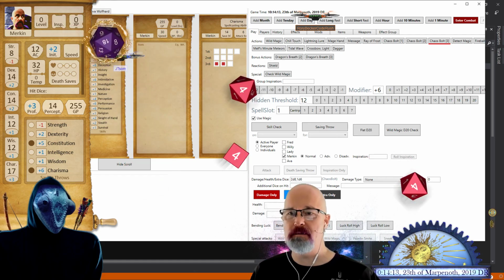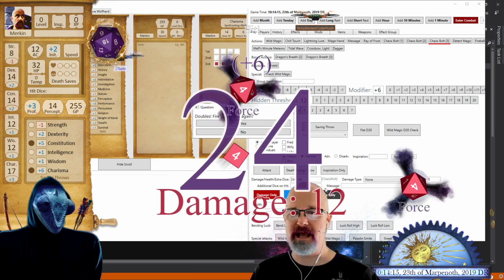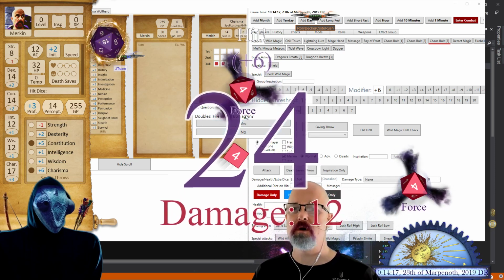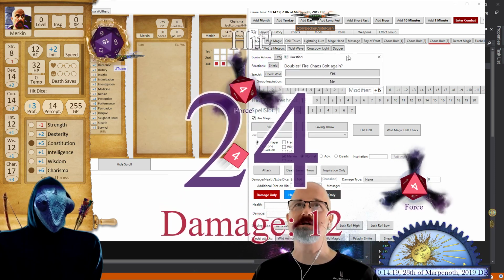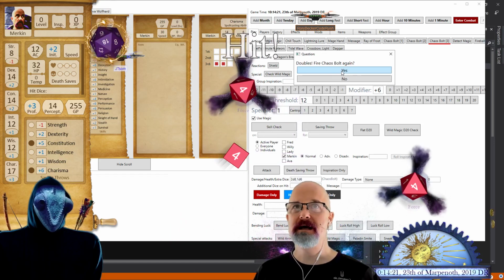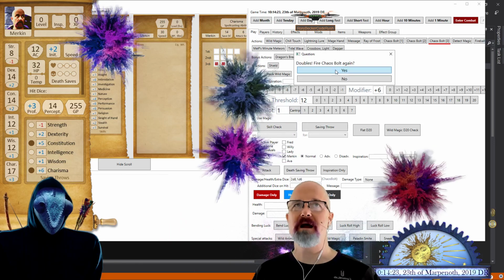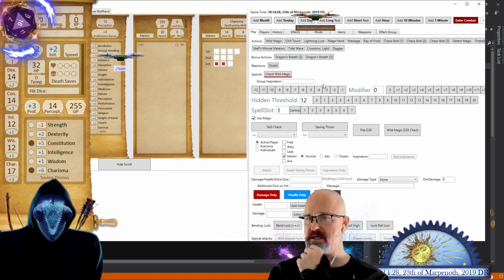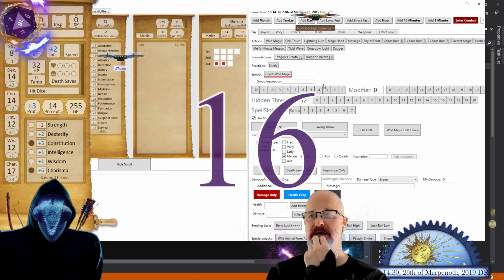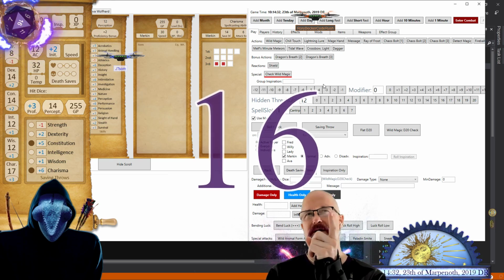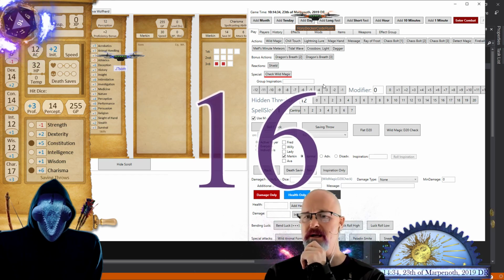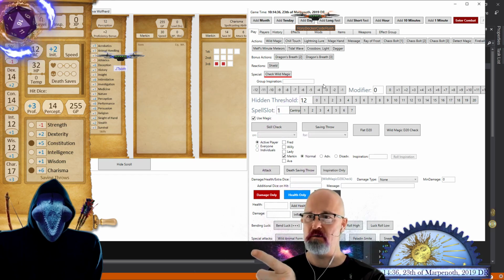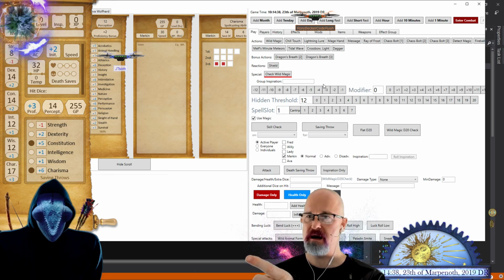And oh, look at this, doubles. When I get doubles on Chaos Bolt, I get an automatic reroll. And check out right here: doubles, fire Chaos Bolt again. What's cool about this is it's built right in. We'll say yeah, go. It's the D&D rules. It's essentially data-driven. I say essentially because I actually realized, oh wait, no, I did program part of this in code. So what it just did is it rolled the, oh, are we not going to get the roll again?